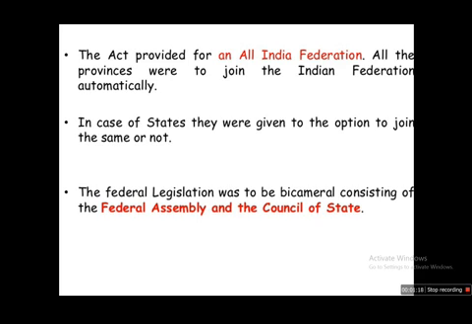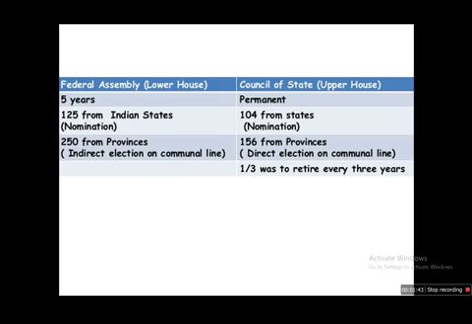The act provided for an all India federation. All the provinces were to join the Indian Federation automatically. In case of states, they were given the option to join the same or not. The federal legislature was to be bicameral, consisting of the Federal Assembly and the Council of State. There were two parts. First one,